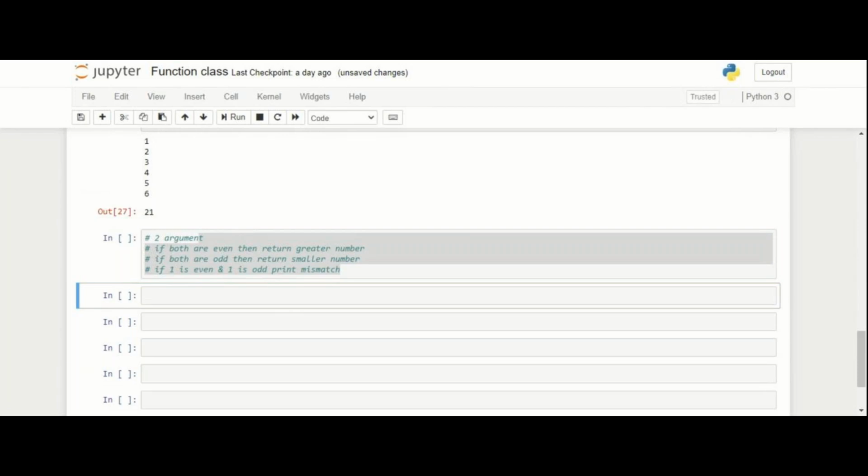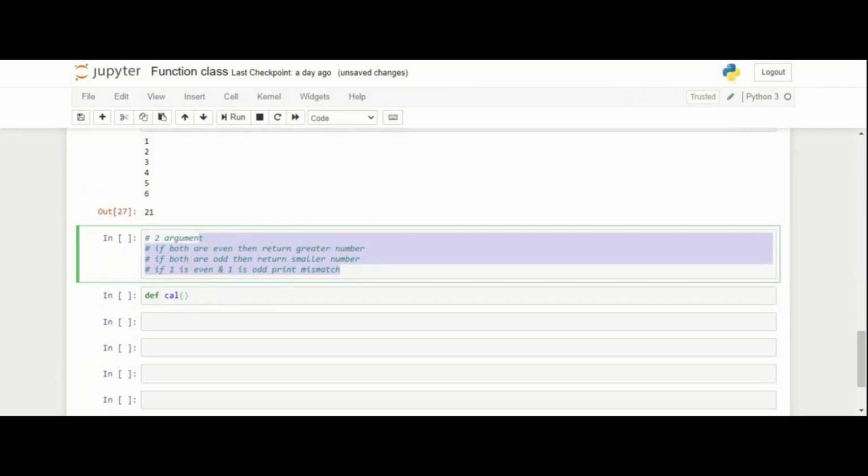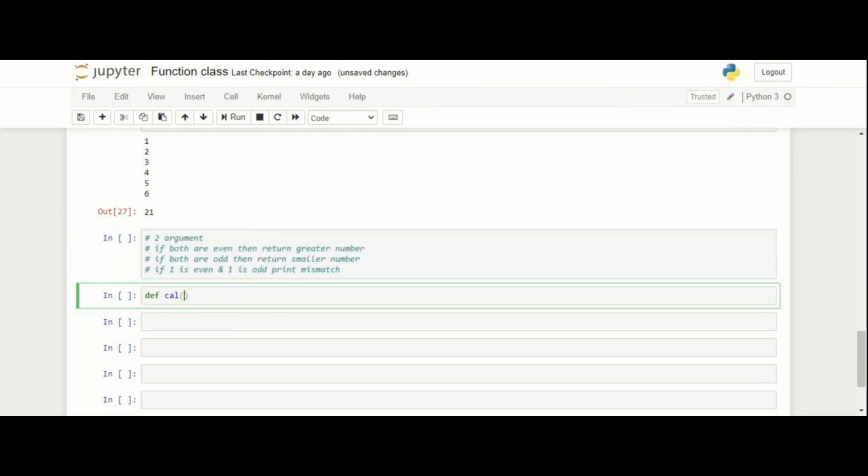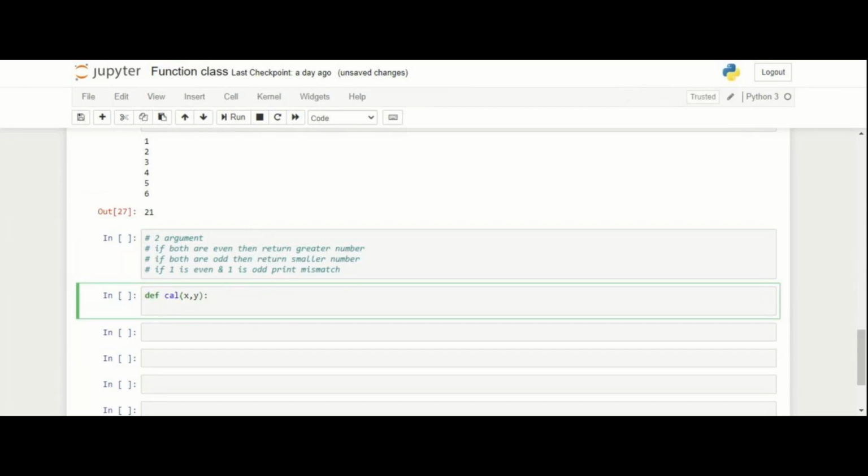So we will start with first defining the function, right? For example, def calculate, and I have to pass two arguments, suppose x and y, I am passing two numbers, and then colon. So what is my first condition?